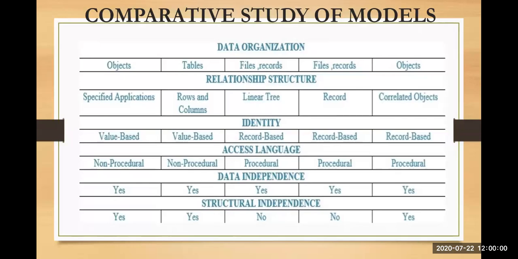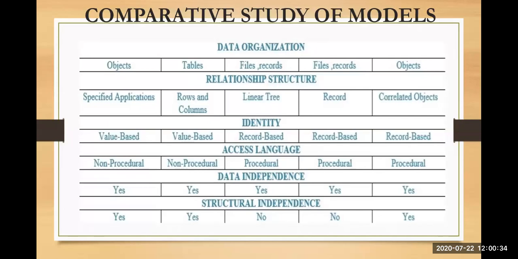Similarly, in relational also, we have value based identity because we have attribute values in this also. When I talk about identity in the hierarchical model, it is in the form of record based. You can see there is a record form of structure, parent and child record. Similarly, in network also, there are multiple children and multiple parents, that is why it is record based here again. Similarly, in objects also, we are storing in the form of objects. The objects are grouped together, so that is record based also. So your first two are value based and the last three are record based.